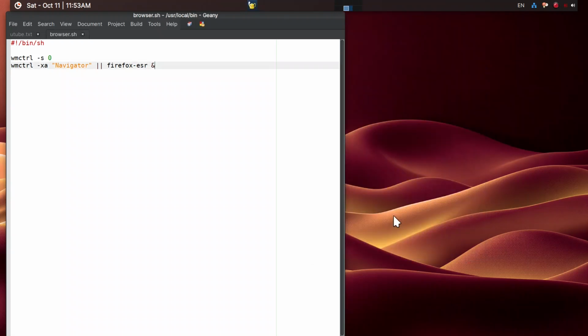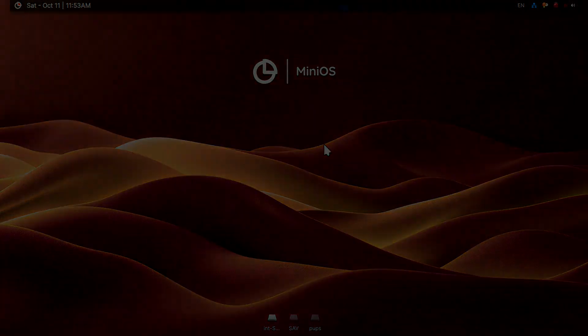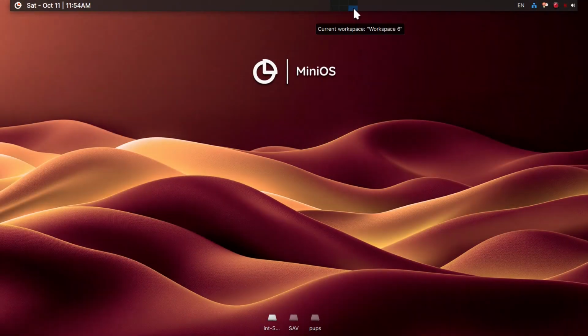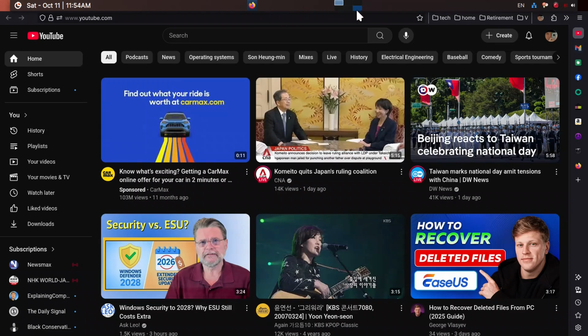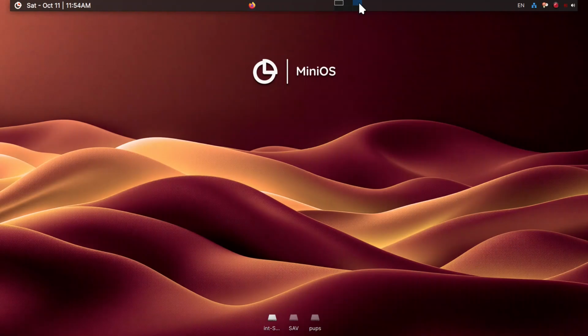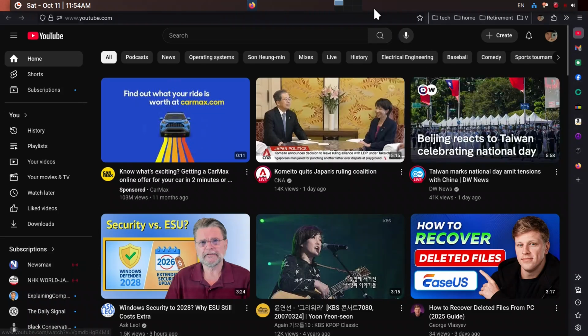and then we're gonna close everything now and see if it works. Let's just move to workspace number 6, and then I'm just gonna trigger it with the super and W key, and now it works fine. So that's how you can set up a small script to be able to place Firefox. So let's just go back to another workspace here. This is workspace number 3, and I'll go ahead and super W again, and it won't open